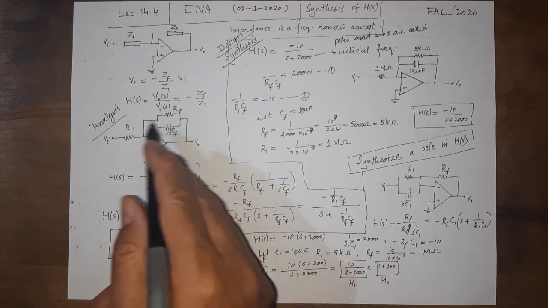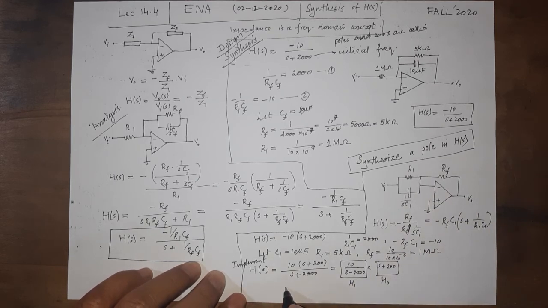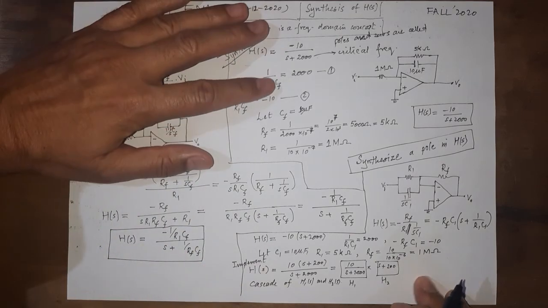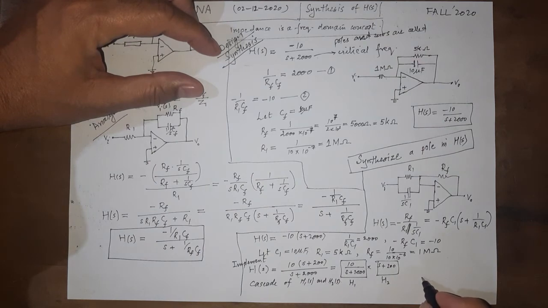H1 can be implemented by such type of circuit and H2 can be implemented by this circuit, and the overall H of S would be implemented then by a cascade of a circuit that has a transfer function of H1 of S and another circuit that has a transfer function of H2 of S. So if I would like to draw a miniature circuit here so that I don't have to flip the page, H1 of S can be implemented by RC in the feedback path, and it does not matter if you implement this first and this second or this here and this here, the order does not matter. So we can have